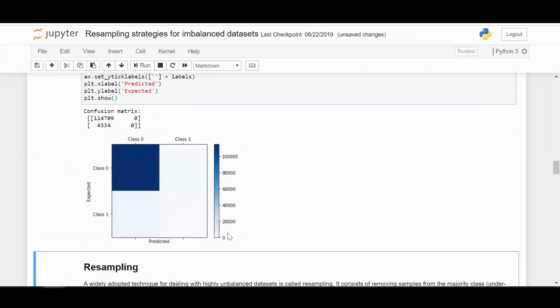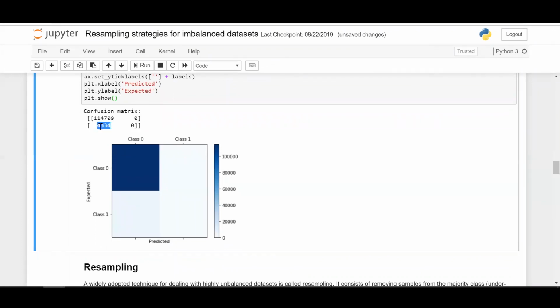Here we have the scale from 0 to 1 lakh. In the case of a 95 plus accurate model, this one should be here, right? But it isn't here. It means that even class 1 is being predicted as class 0 by this model. This is class 0, and none of the zeros are predicted as 1. This is class 1, whereas none of the class 1s have been predicted as 1 by the machine learning model, whereas all the class 1s have been predicted as 0 here.